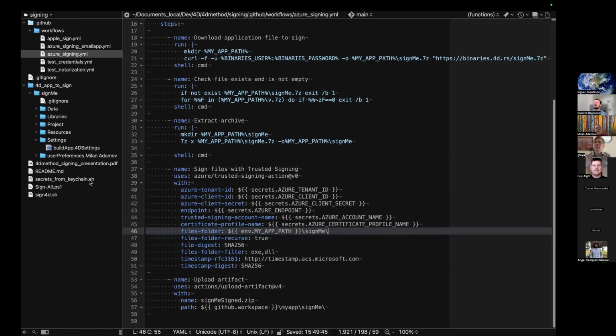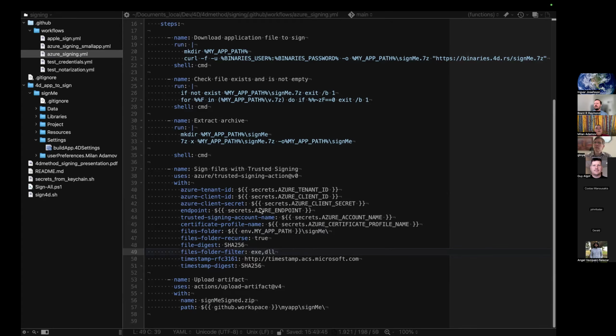So basically, you will need to sign file by file. This action is doing the same thing, but you just call the action and it does its thing. You will see that later in the log. So recursive, and this is also important, filtered files. So sign only exe and DLL. You don't need to sign anything else. In the manual thing in Windows, I sign only the exe, which is enough for Windows, but this is okay. And then also upload artifact. Let's see how far it went.